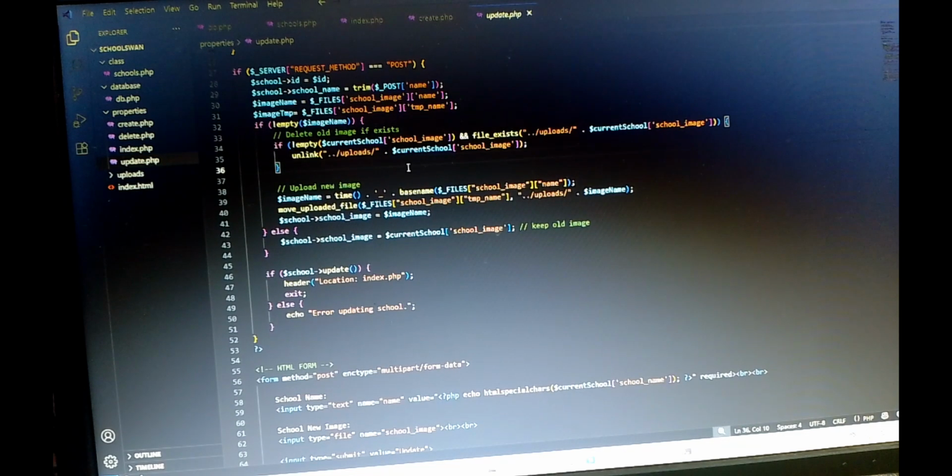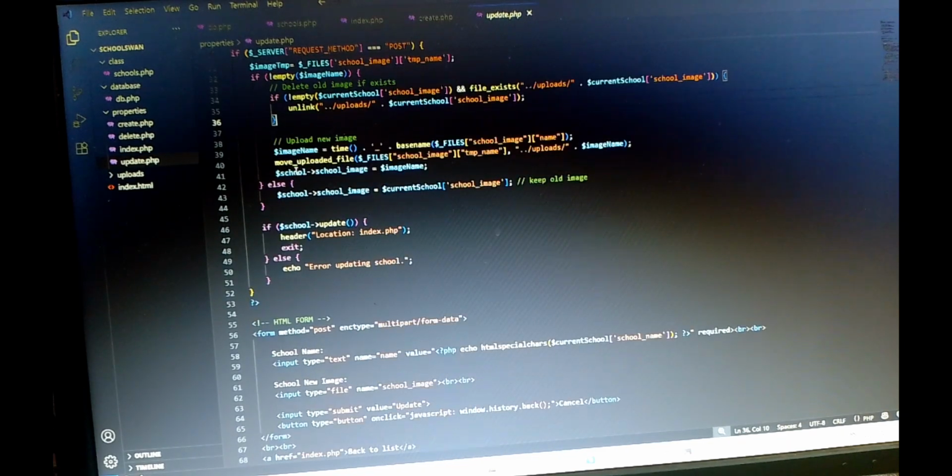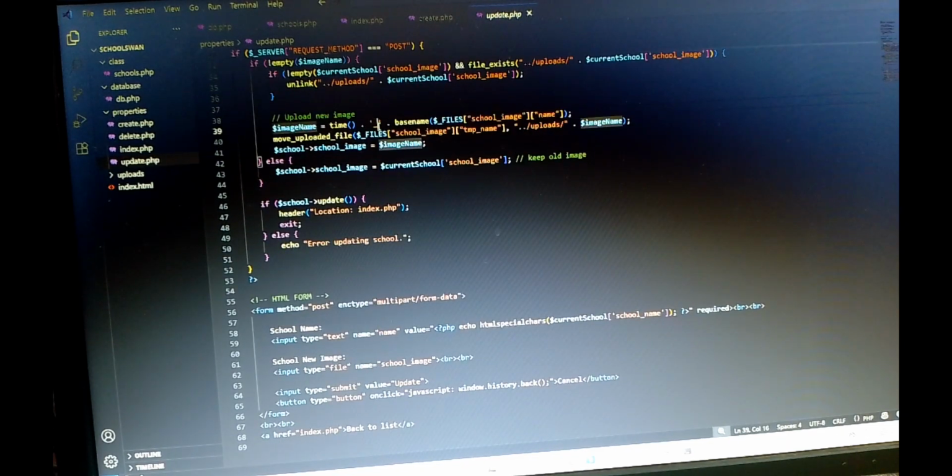After that I insert a new image. I just write $image time, then underscore, the same way as in the previous create portion. The same thing happens again: the image is created and moved from the temporary folder to the permanent folder.